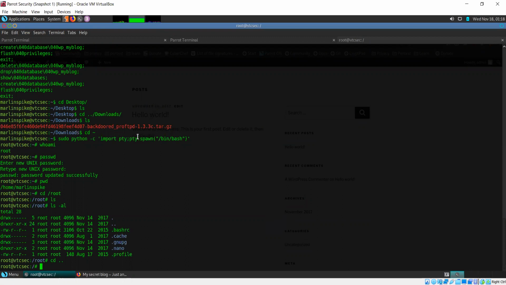Yes. Okay, this is not strictly for privilege escalation. This is just to get a proper bash shell using Python. But if you can run this command with sudo, that means the shell you get, you'll get that as root. So this is not strictly for getting root privileges. Of course I can give you this command, and it is very useful.